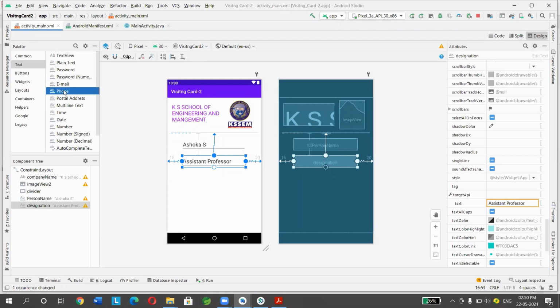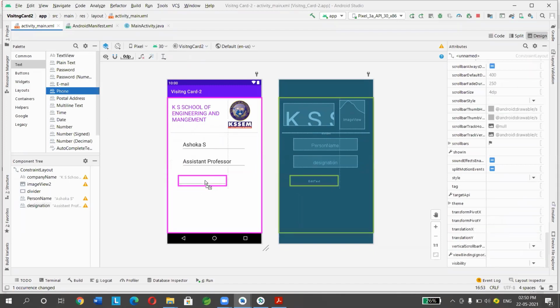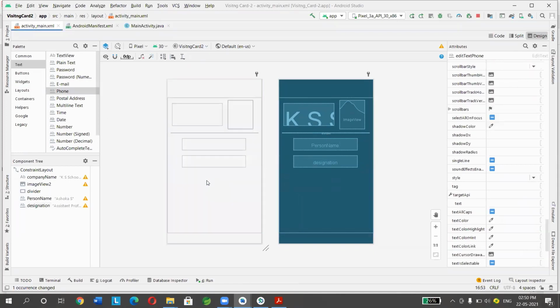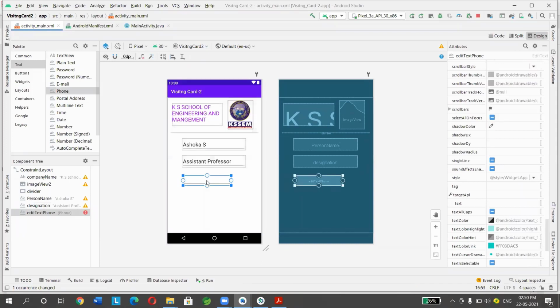Here, your phone number, right? There is a view called phone number, so you can drag and drop this here. The difference between this and this is that here you can have text or number, anything, but this phone number is a different object designed only to enter the phone number. Only numerics it will take.